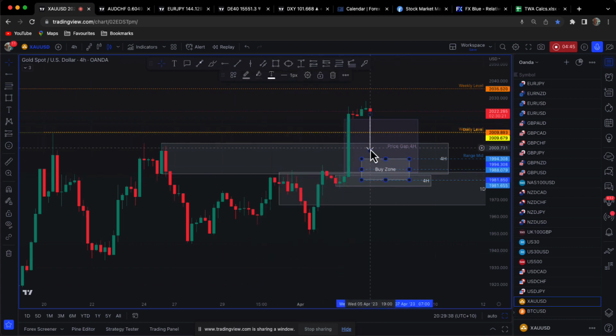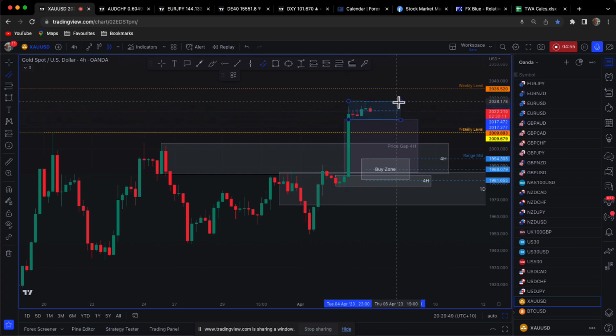That's what I want to see. I don't want to get involved up here. There could be a counter trend opportunity if it shapes up. So what you probably want to wait for would be this range. If we get a break of this range down to the downside, a retest, and oh gosh, I just messed